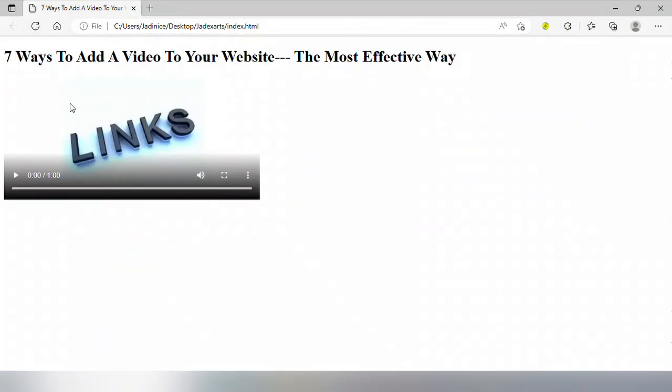So there, we've already seen how to add a poster, and we've seen how to adjust the video so that it is the same size as the poster. So when you play the video, it doesn't take the whole page. So you've learned how to do that using those two attributes, the width and the height. In the next video, I'm going to show you another important feature of how to add a video to your website.